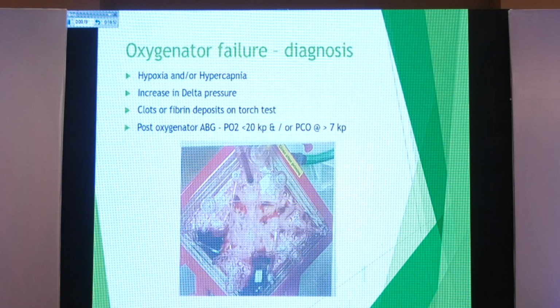Clots can be visualized. Large clots you can see grossly, but with a torch, you can easily assess the oxygenator to see whether clots are there or not. If the oxygenator fails, it has a very high cost to replace it. So all the time, we have to keep the heparin running to ensure there is no clot